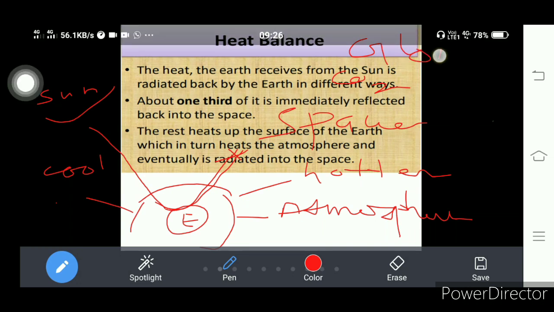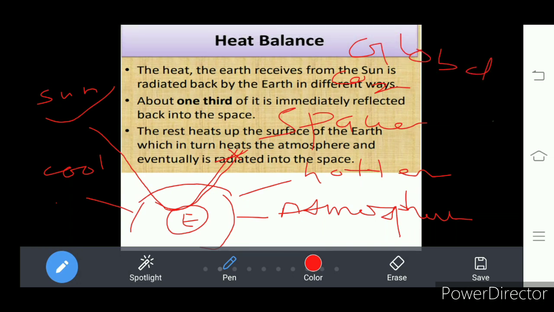Understand what we call global warming? What is global warming? Increasing temperature across the globe due to the excessive carbon dioxide, and some other gases, which prevent the heat from